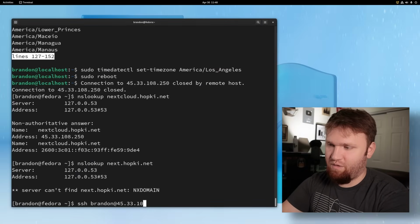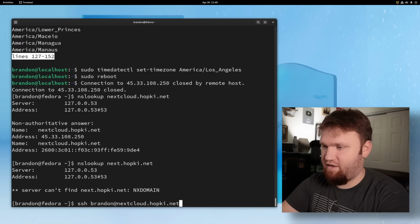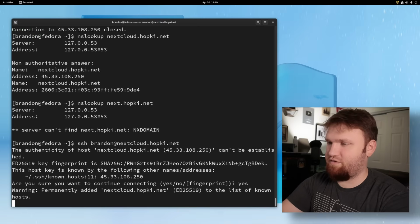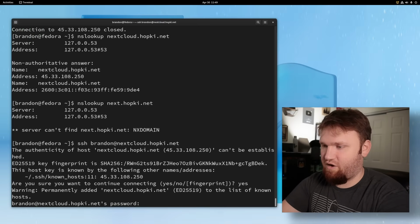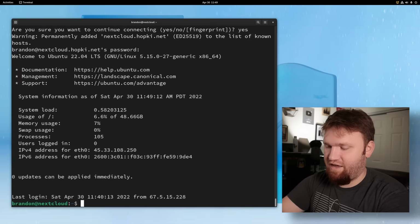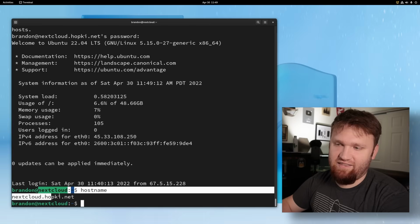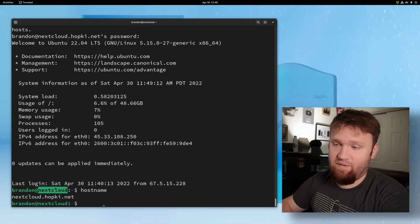But this time, what we can do is just type in the domain name. So that will be nextcloud.hopkey.net. Hit enter. This is our server, so we can say yes and then type in our password for the Brandon user, or whatever user you went ahead and created. And now you can see here, if I type in hostname, we do have the proper hostname, and the @nextcloud is that shortened hostname that we added to that